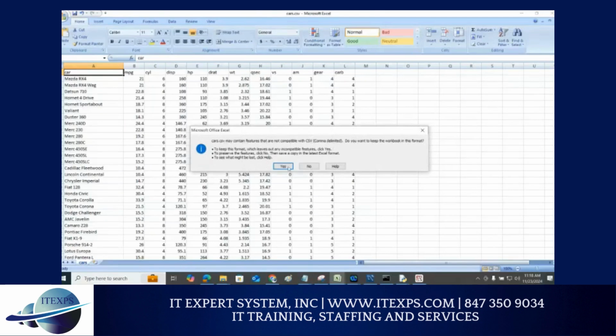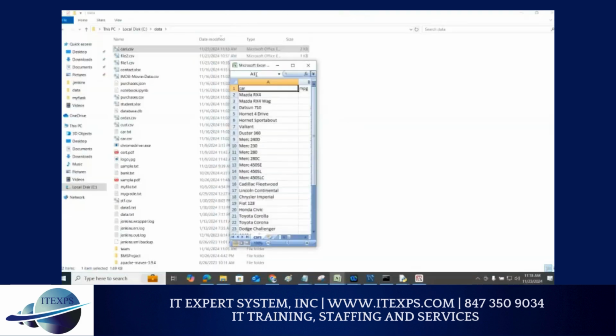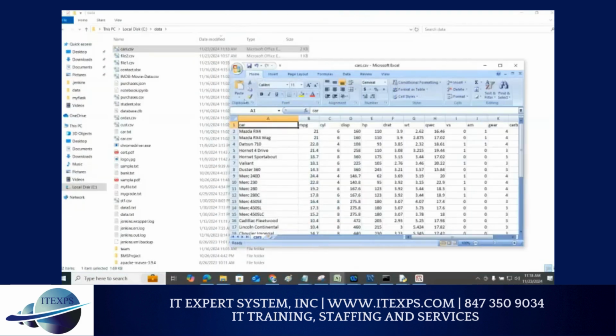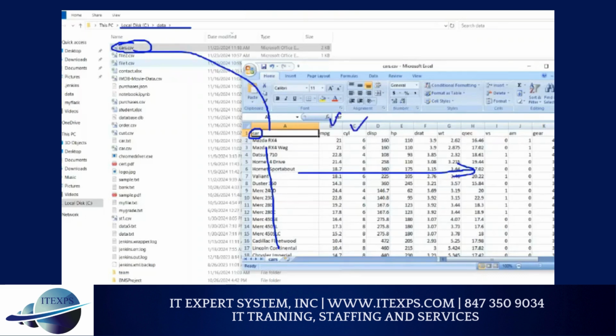Let me repeat one more time. Double click on your file, cars.csv. Sorry for that, because I think I had given the name. So please understand, this file which you copy under data, cars.csv, the heading was missing. So I am missing the heading car, and these are cars, and each car has this detail. MPG means miles per gallon, cylinder,